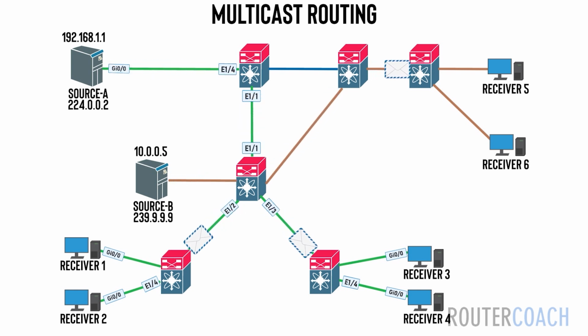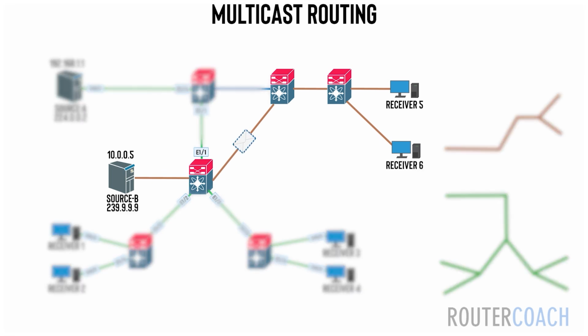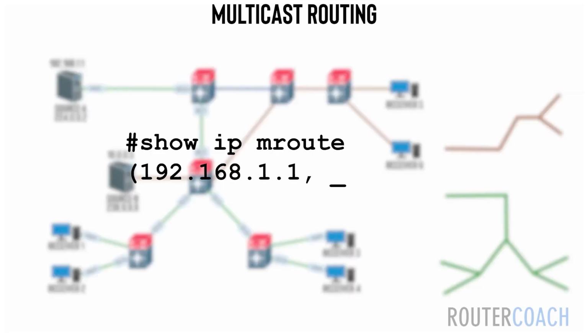And on the Nexus platform, you can build different multicast distribution trees to support different multicast technologies. The first multicast distribution tree is the source tree. Now, the source of the multicast traffic is seen as being the root of the tree, and the receivers are located at the ends of the branches. The multicast traffic flows from source to receiver using the multicast forwarding table and S,G entries. The multicast traffic takes the shortest path from source to receiver, hence source trees are also commonly called shortest path trees, which is SPTs. Now, it's good to know that a separate source tree exists for each source that is